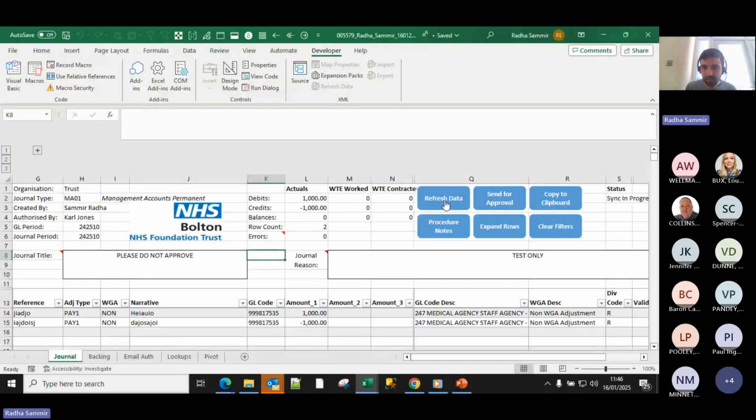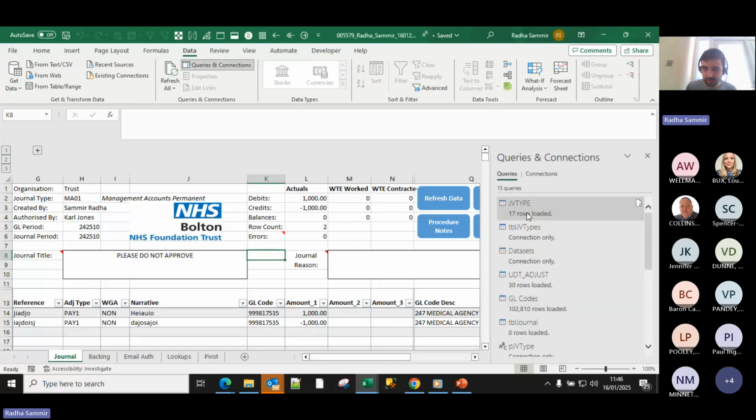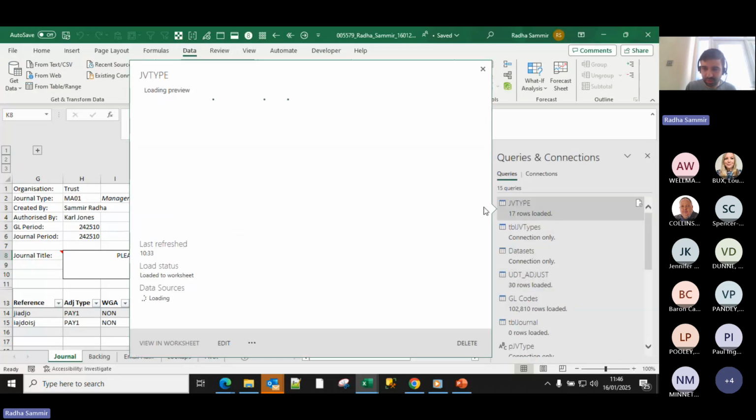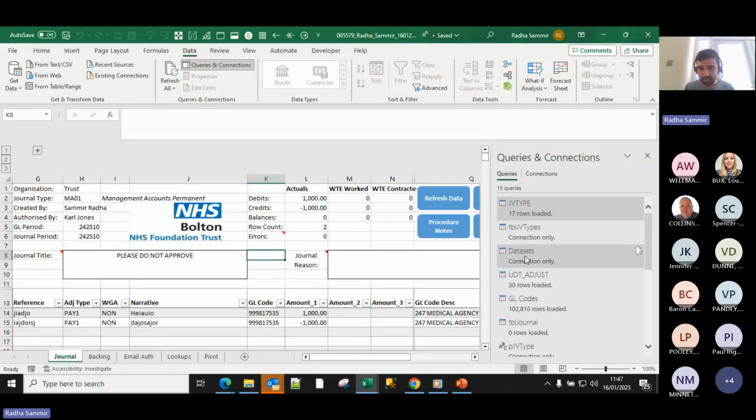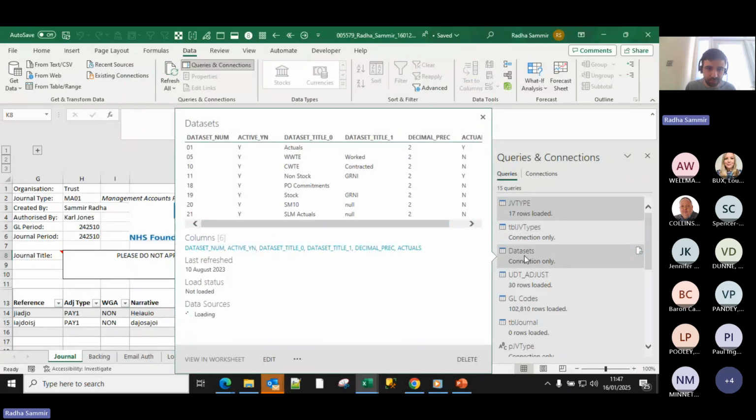Right, so if I were to refresh data, I've got in here lots of these queries, which are direct connections to the system. So this gets me all of the journal voucher types from the system. This one gets me all of the data sets within the system. So 01 is actuals, 05 is worked whole times, 10 is contracted whole time. Just tells me where things are going to be posted to